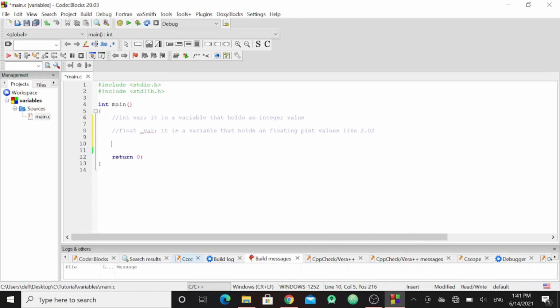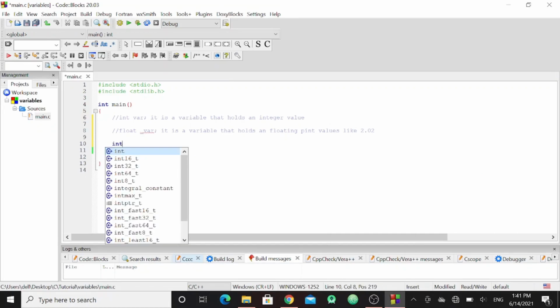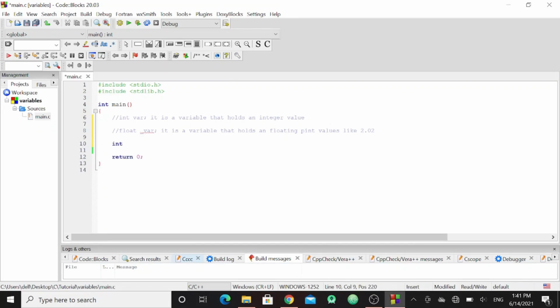So the first point is variable names. That is, int variable names should contain only letters, numbers, and one special character, that is, only underscore. An example is num1.